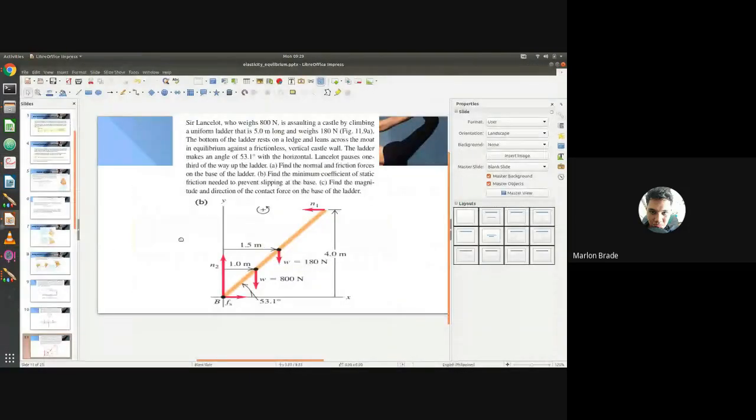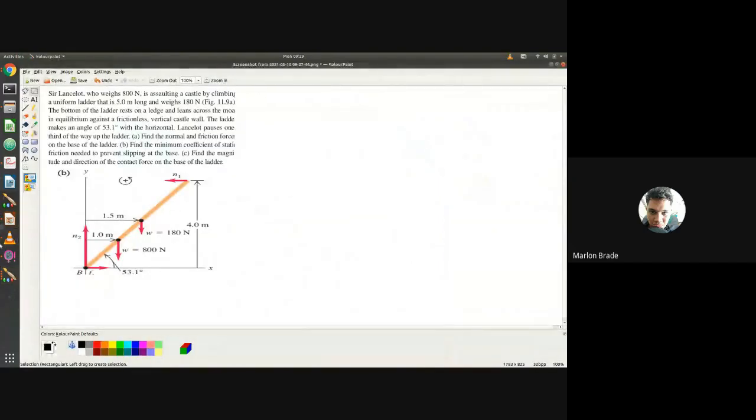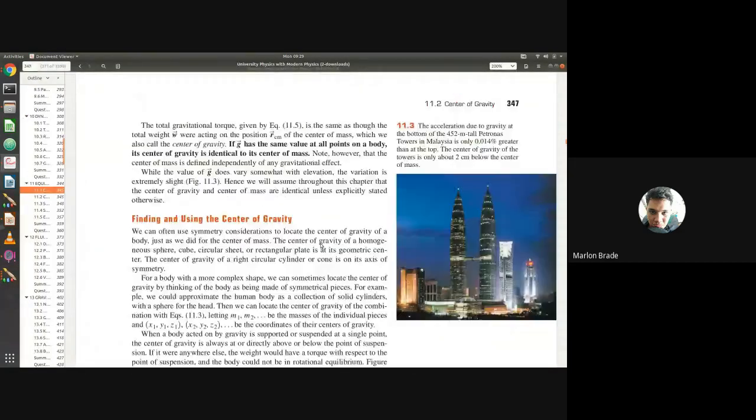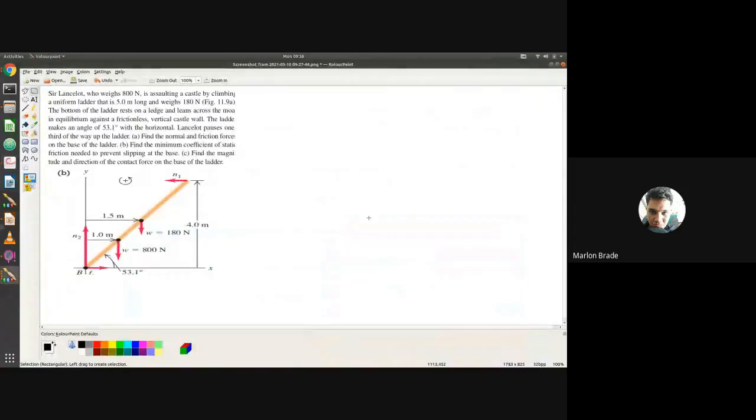Okay, so let's do the next problem. Okay, so Sir Lancelot. I don't have a drawing for this. Okay. So Sir Lancelot, who weighs 800 newtons, is assaulting a castle by climbing a uniform ladder across the